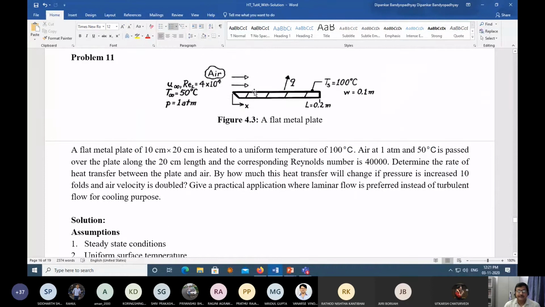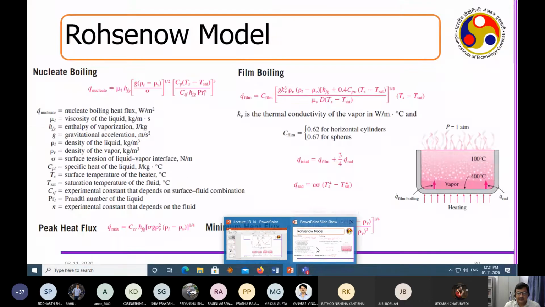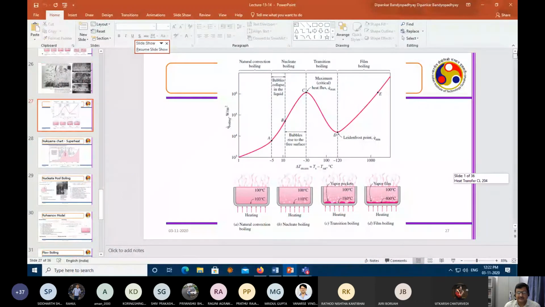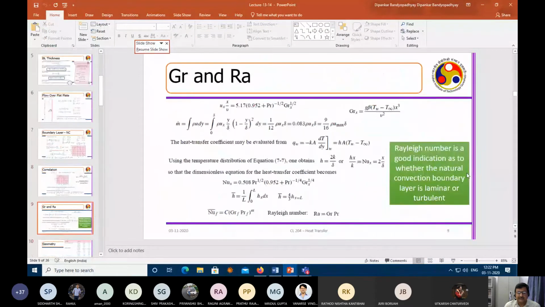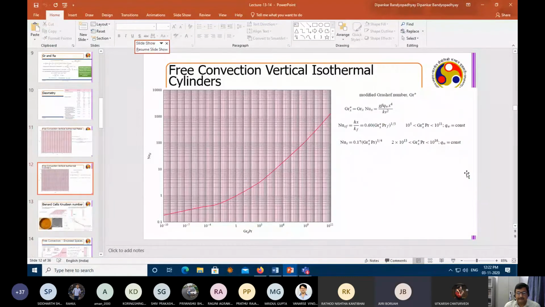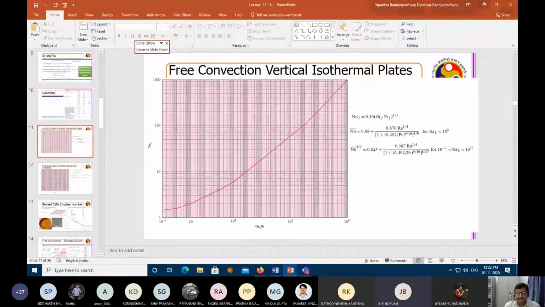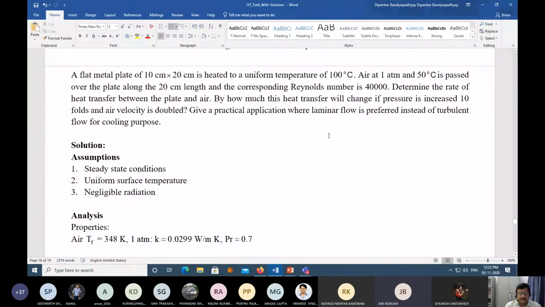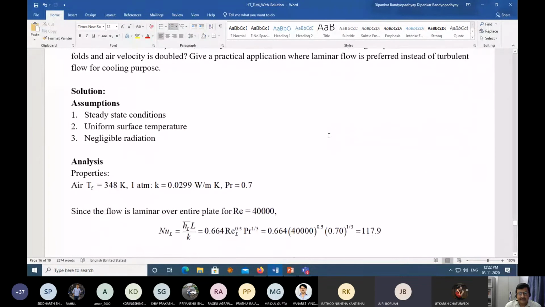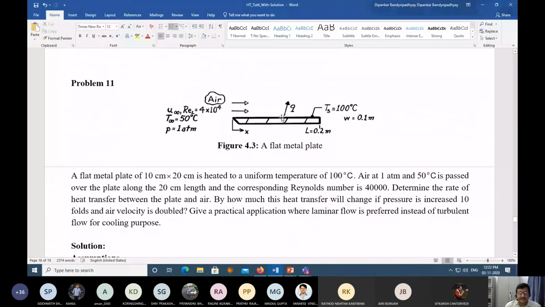How will you do that? Any clue? Typically, this sort of situation, how do you tackle in case of natural convection and forced convection? Whether there will be natural convection or not? So we will calculate the natural Grashof number and the Prandtl number. Is it a natural convection case or is it a forced convection case?